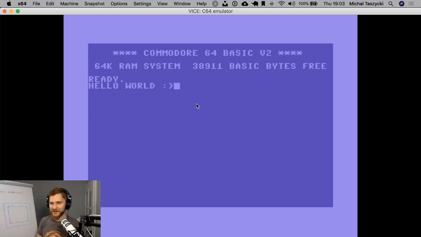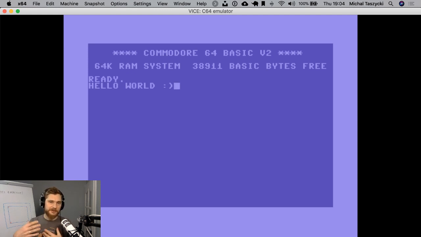So I'm 35 years old, and this computer is the same. And the great thing about programming Commodore 64 nowadays is that we don't even need to own the machine, because emulators, like the program that you see in the background, pretty much pretend that they are the actual machine, and